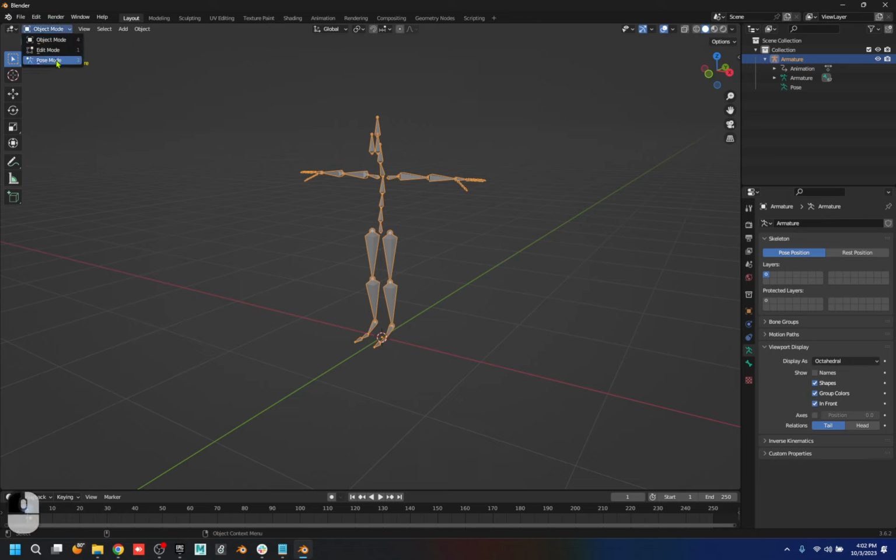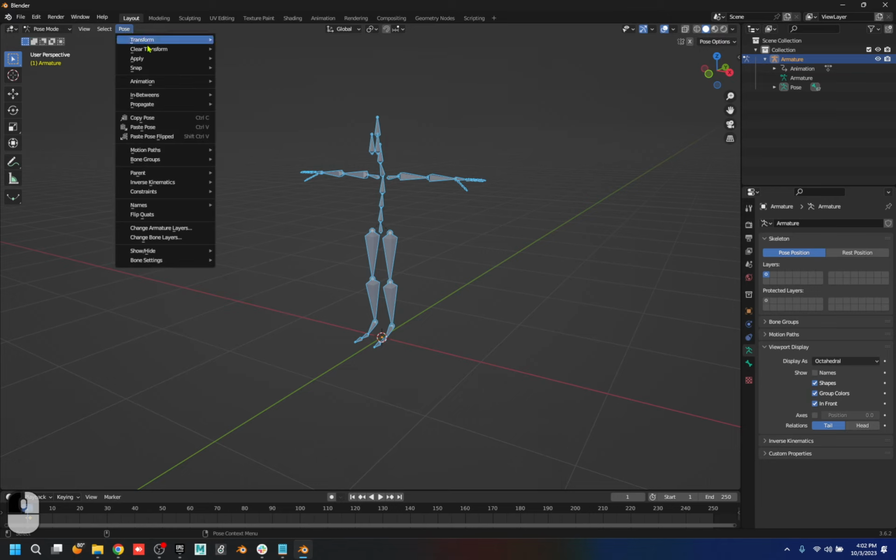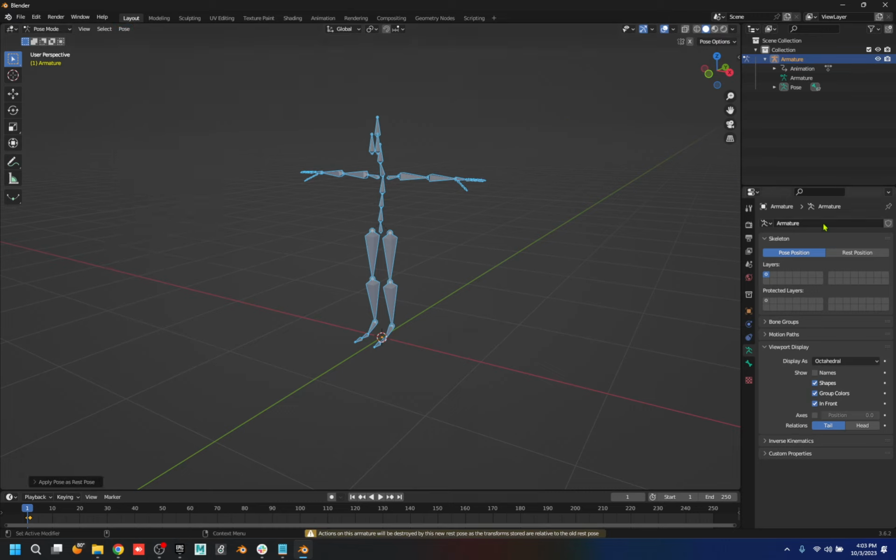instead of object mode, I want to get into pose mode, right? So this is a different mode. All right, that's a little gotcha there. You might miss that. Come back to the pose mode, and then I have options for poses. And if I come down to apply pose as rest pose, you can't do that when the mesh is on there because the mesh has a history on it or whatever. I don't know. Apply pose as rest pose, and now